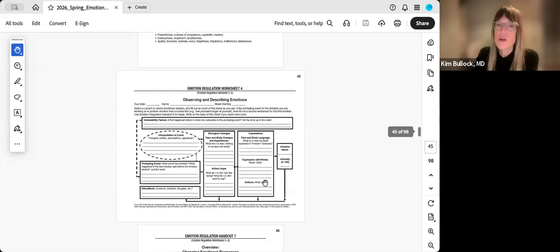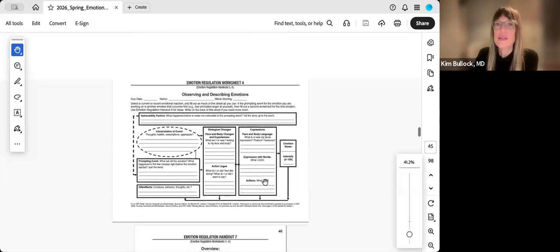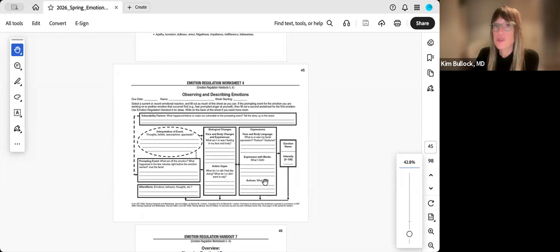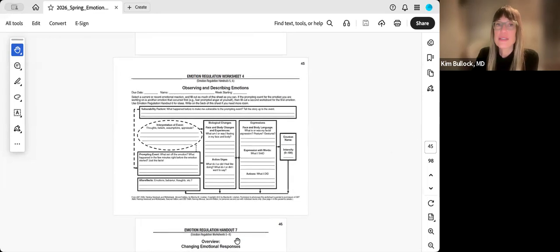So, if you'd like to do the homework, you're really motivated, you can look on worksheet 4 of emotion regulation, and you can select a current or recent emotional reaction and fill out as much as you can on this model of emotions, and really start with what prompted your emotion, what set it off, what happened in the few minutes before the emotion started. Then think about what your thoughts, assumptions, beliefs were, what your vulnerabilities were, what happened before to make you vulnerable in the short term, and what made you vulnerable in the long term,